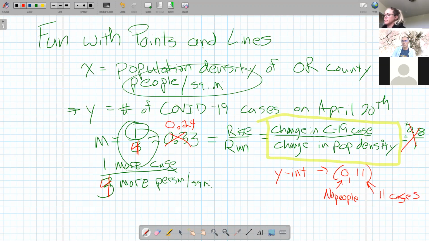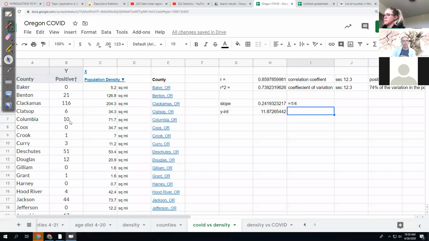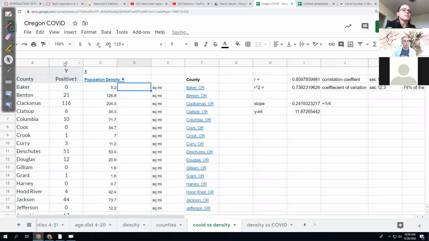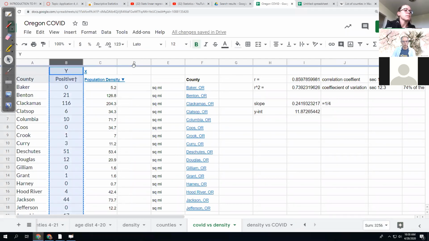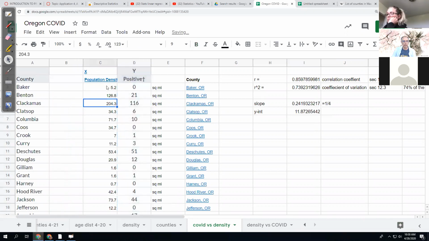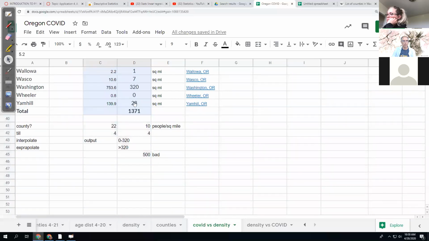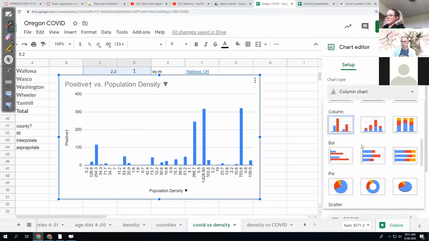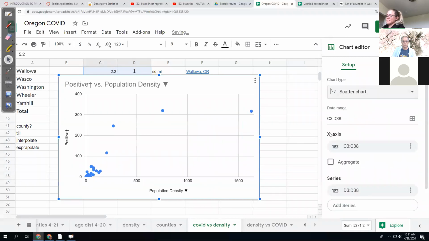However, if I graph that, what would happen? Let's graph that. Switch the variables, insert column right, move these over. All right, so I want to graph these points there. Scatter chart, please. And hey, that looks different. And then throw a line